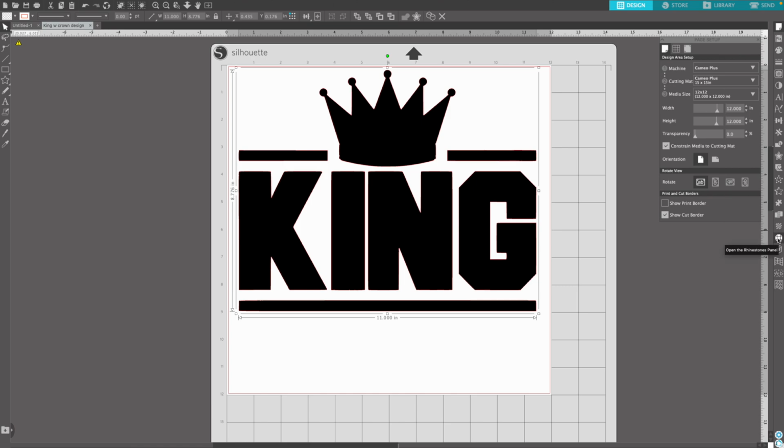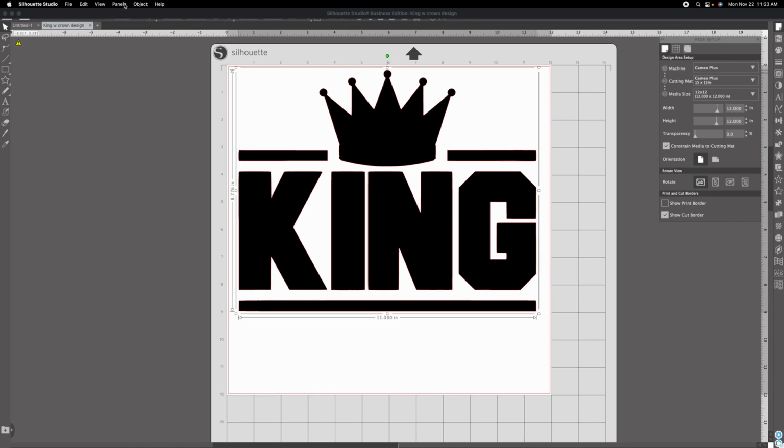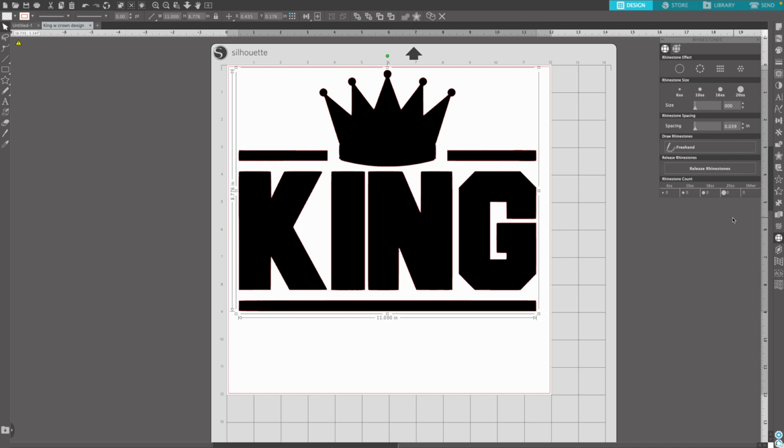This is the rhinestone panel button. You can click on open the rhinestone panel, or if you want to, you could go up here to panels and just hit rhinestones. What this does is it opens the rhinestone panel. This says rhinestone effect. Now this rhinestone effect right here will turn everything into circles, and that is the idea